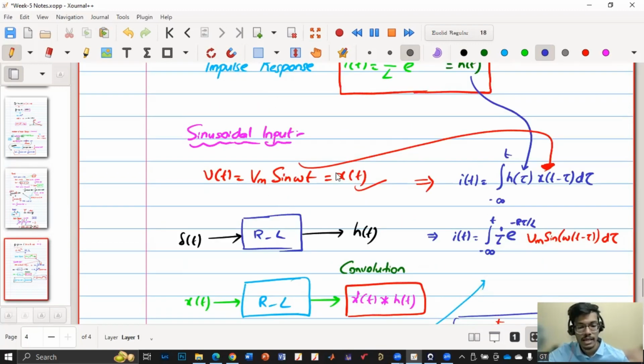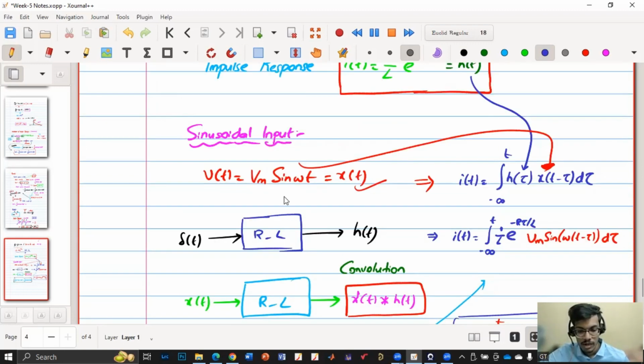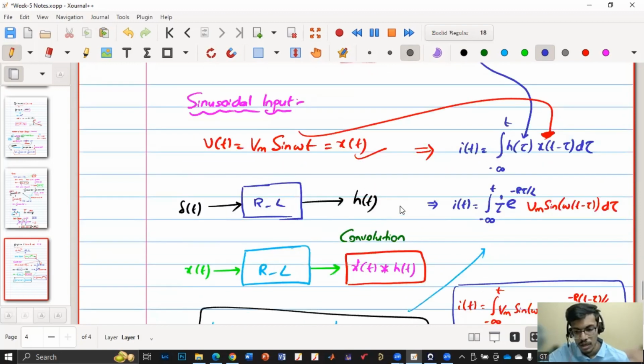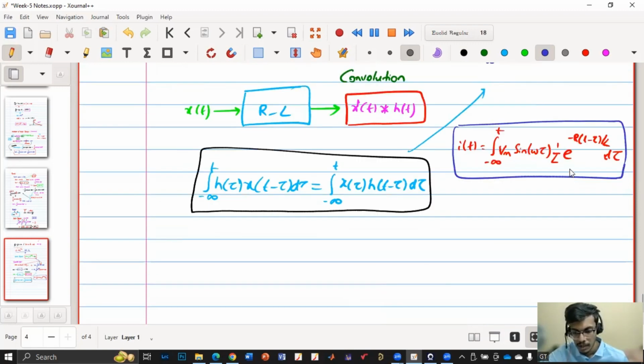Now for any given input x of t, the convolution theorem says that the output is x of t convolved with h of t, where h of t is the impulse response. So in order to validate that, we considered a sine function Vm sine omega t, similar to last week, where we actually solved the differential equation for this sine. Now, I am substituting this x of t and h of t, and I got this Vm sine omega t, 1 by L integral e to the power minus R (t minus tau) by L